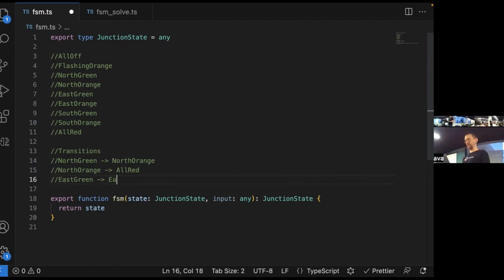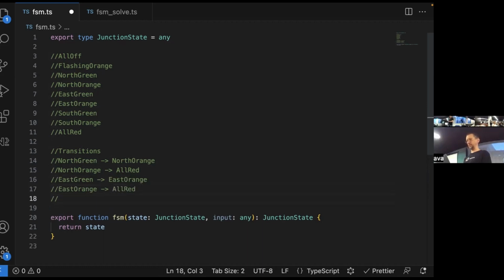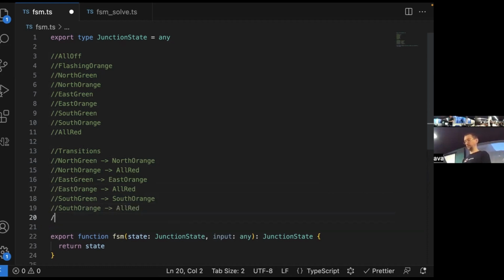East green to east orange to all red, south green to south orange, and south orange to all red.